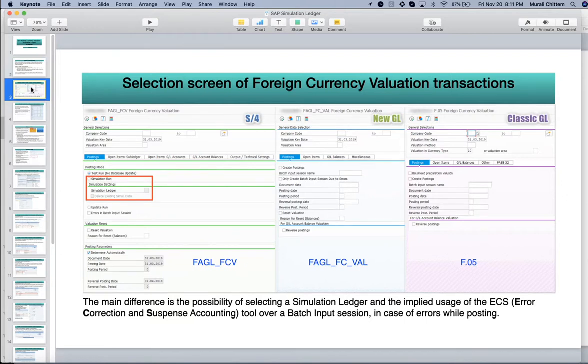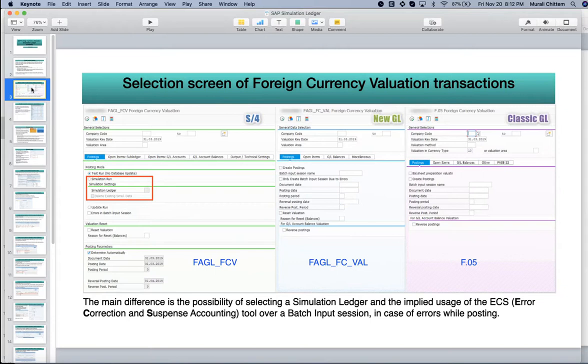In the left screenshot, I want to spend a bit of time, so bear with me. In the first S4HANA screenshot, there is a new transaction code, FAGL_FCV. The highlighted part is a new bullet for a simulation run. When you select a simulation run, you need to give the simulation settings, like which simulation ledger we are going to use.